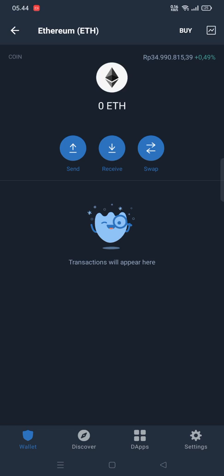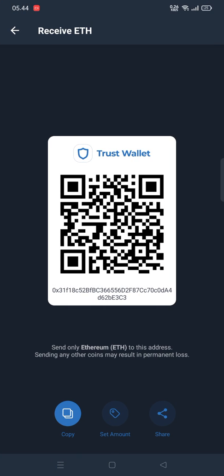If you do not know how, you can choose Ethereum and receive it here. This is your Trust Wallet, and this is your Ethereum address. You can find it from your own Trust Wallet. Okay, after you deposit on it,